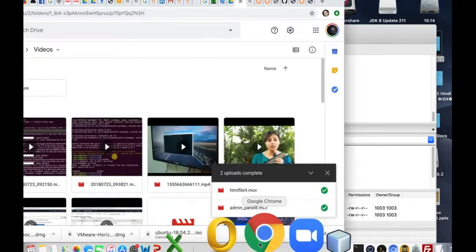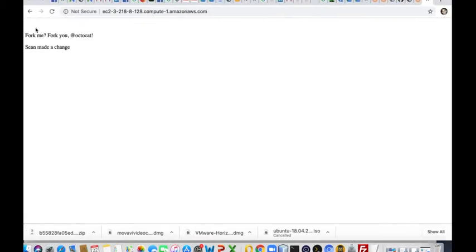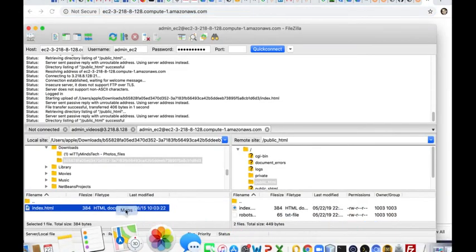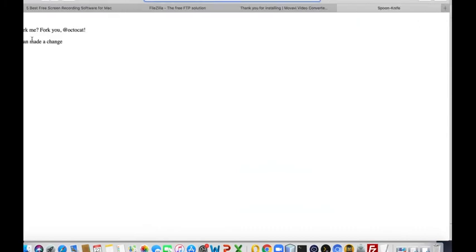Now in the browser I'll just provide the same FQDN. So now you can see the changes. I'll also show the HTML file which I have transferred there. See, I am opening that HTML file. Okay, see, I am in the local system, so you can transfer